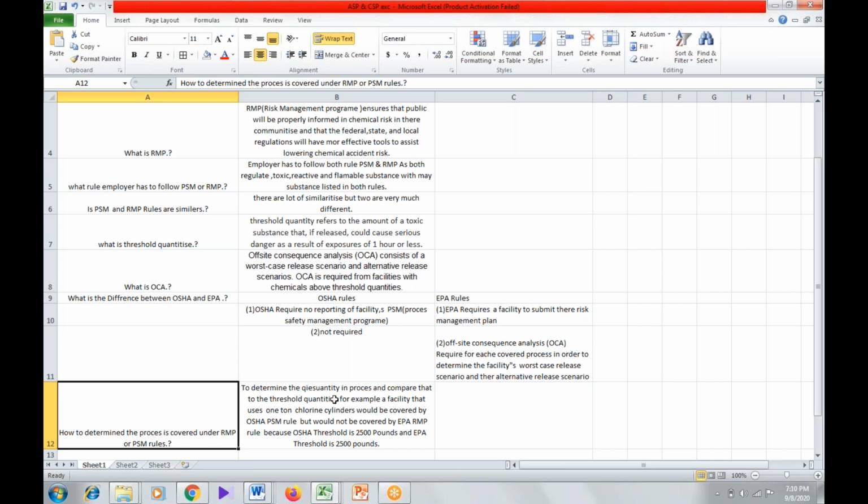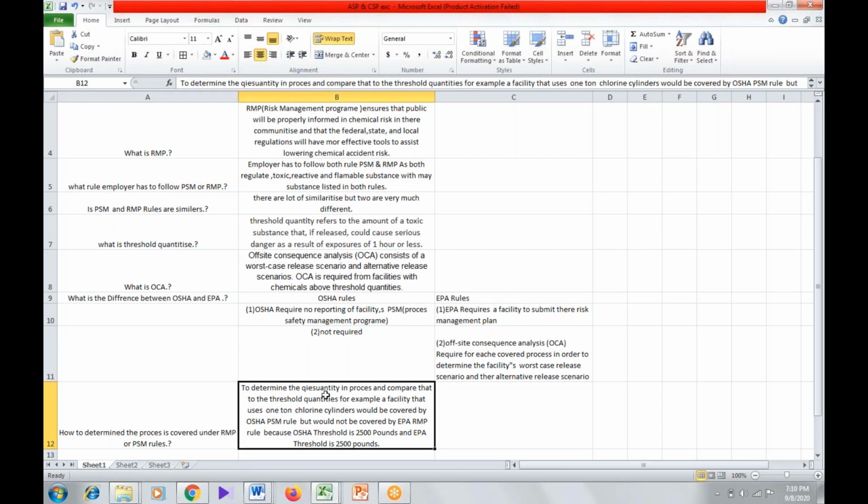Determine the quantity in the process and compare that to the threshold quantities. For example, a facility that uses a 1 ton chlorine cylinder would be covered by the OSHA PSM rule, but would not be covered by the EPA RMP rule, because the OSHA threshold is 2,500 pounds and the EPA threshold is